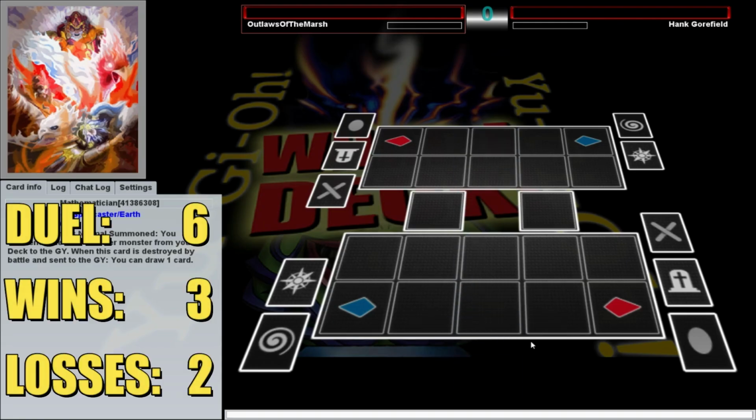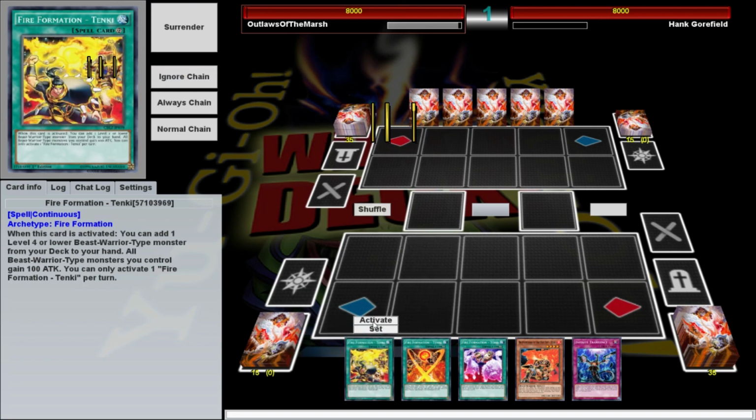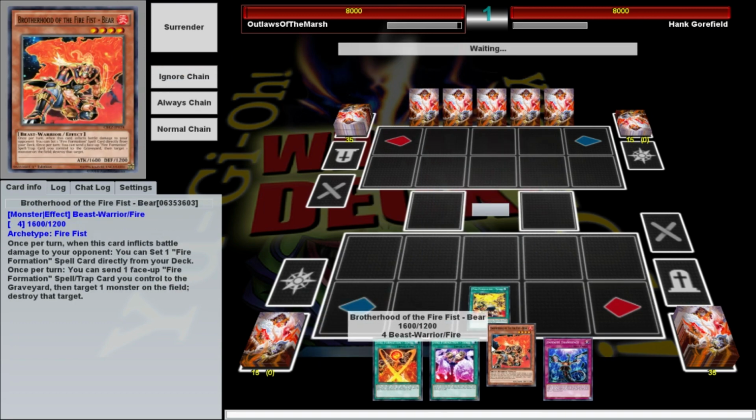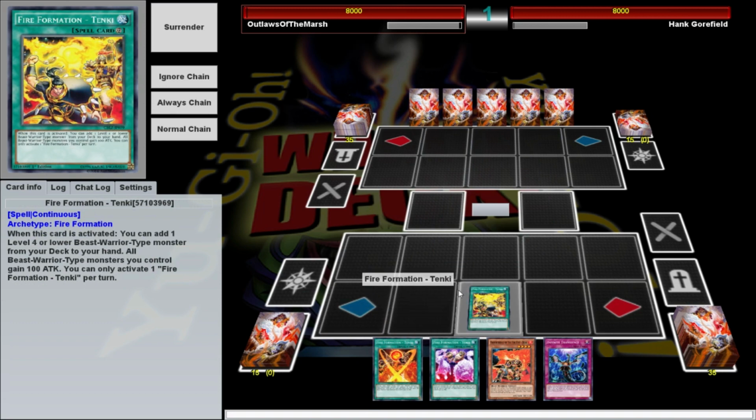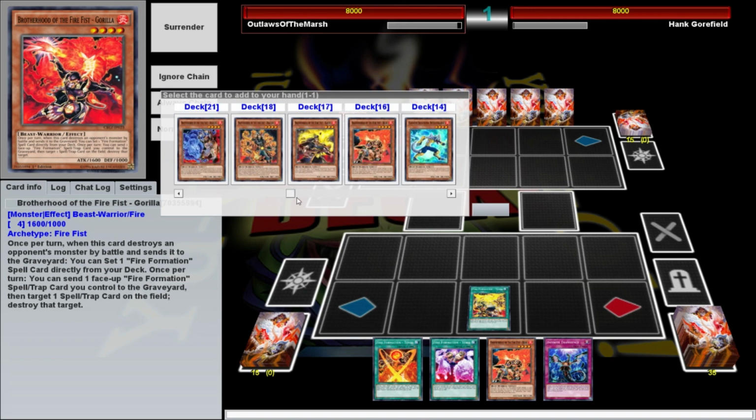Alrighty then, here we are, 6th duel, brought to you by Patreon sponsor Saint. Oh, pardon me. That was gross. Joe, cut that out. We've got one of those hands. Just got a bad hand. Why didn't I put that in the thing? Okay,